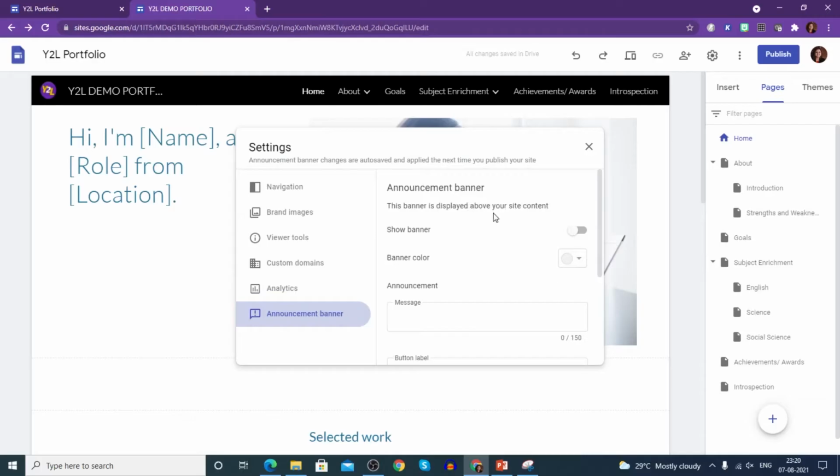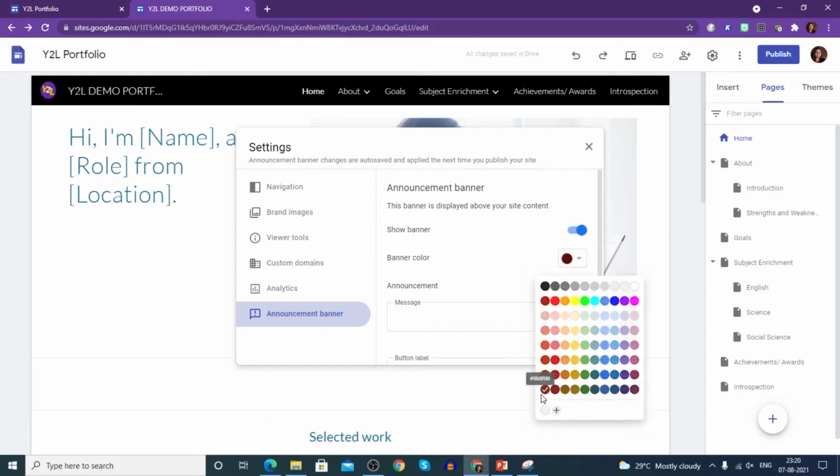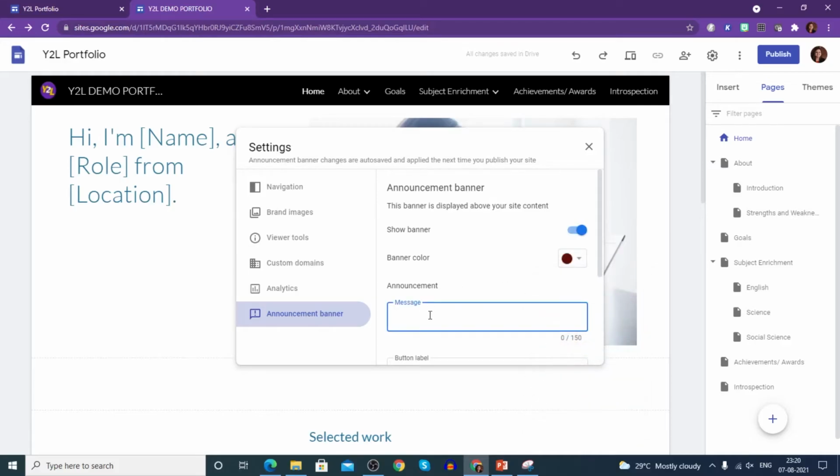This is displayed above your site content. So you need to choose show banner. Then you need to choose a color for your banner, right? And then any message. If you want to write any message, for example, I'm writing yearn to learn portfolio demo.